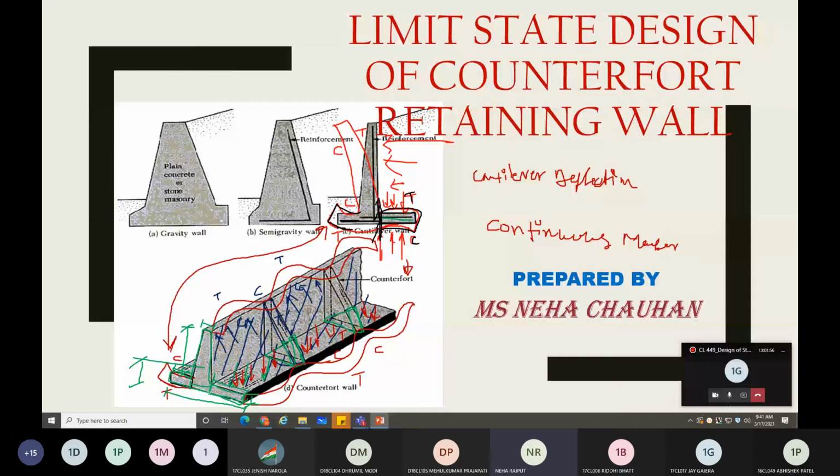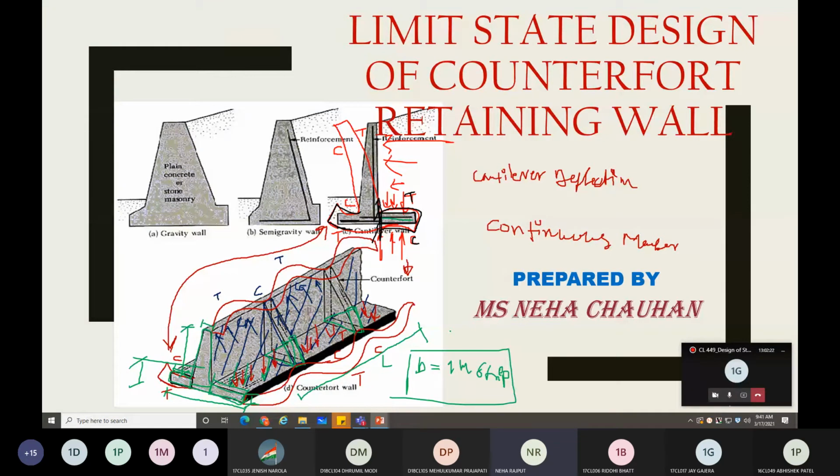L is no matter for us, whatever will be the L, there is no matter for design, because ultimately we are going to design or consider as 1 meter strip. Width means we are going to design for 1 meter strip, so whatever will be the length, same is applicable throughout the length, right? So that will be the proportioning part.